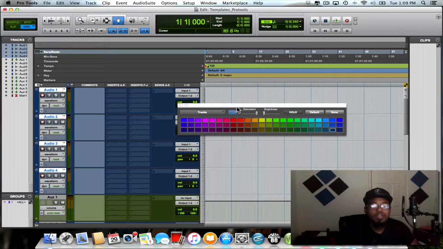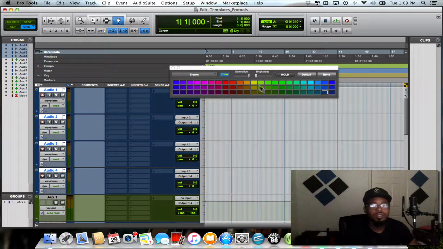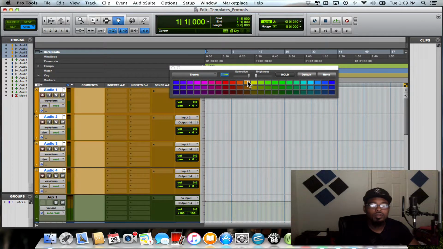So me myself, I always like to think of the hook as the golden part of the song. This is what's going to carry the song. This is what's going to keep people's attention